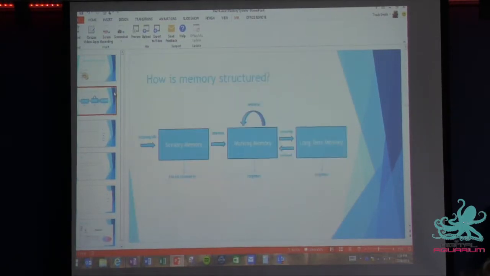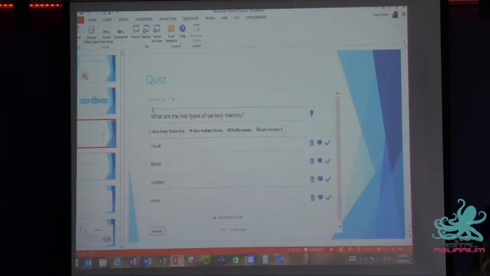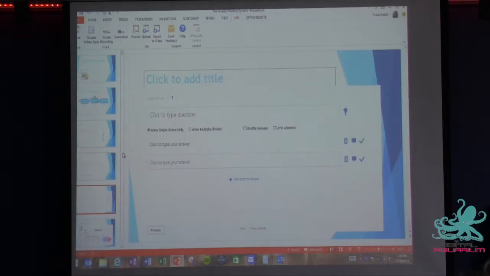So I've just got a standard PowerPoint deck here that I've started. At some point in time, I got here and thought, you know what would be good, if I quiz the kids on the two types of sensory memory. Not too much thought has gone into these questions, so don't bag me about that. But the idea is that I can just drop a quiz down. So if I jump down onto a new slide here,